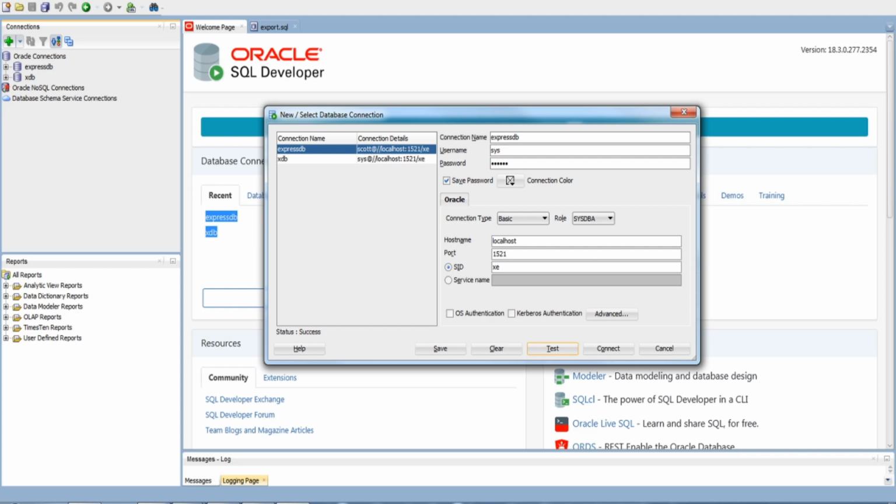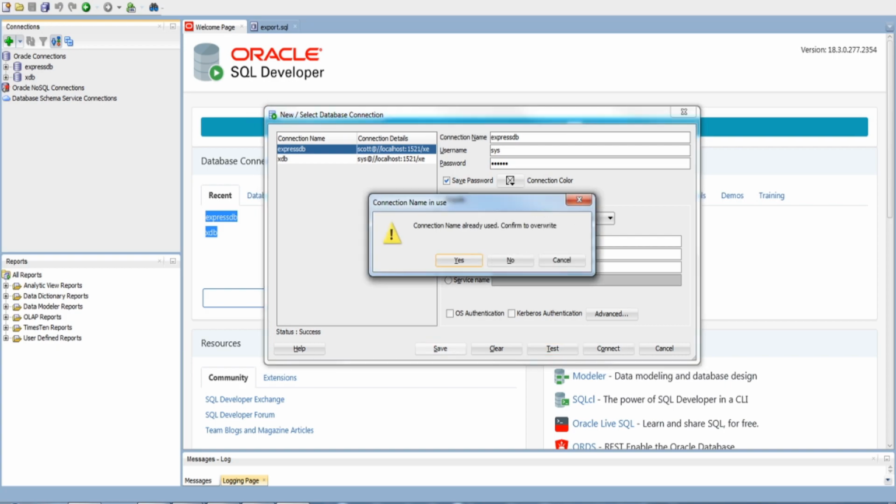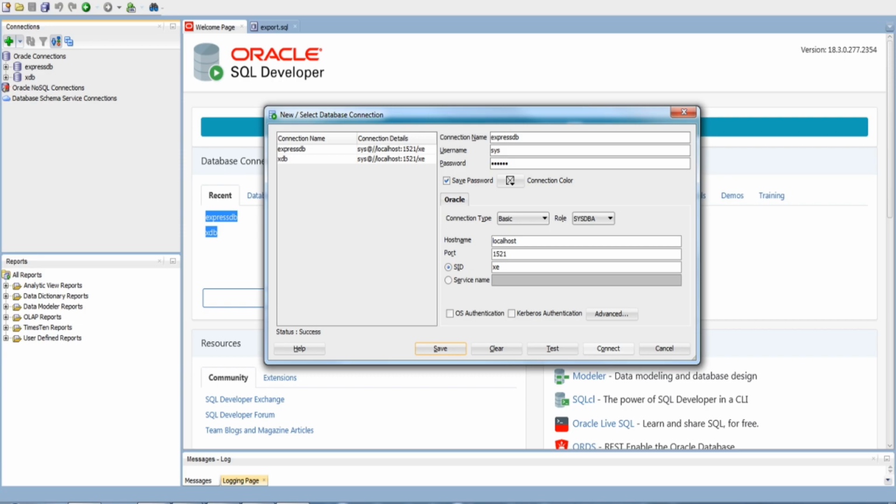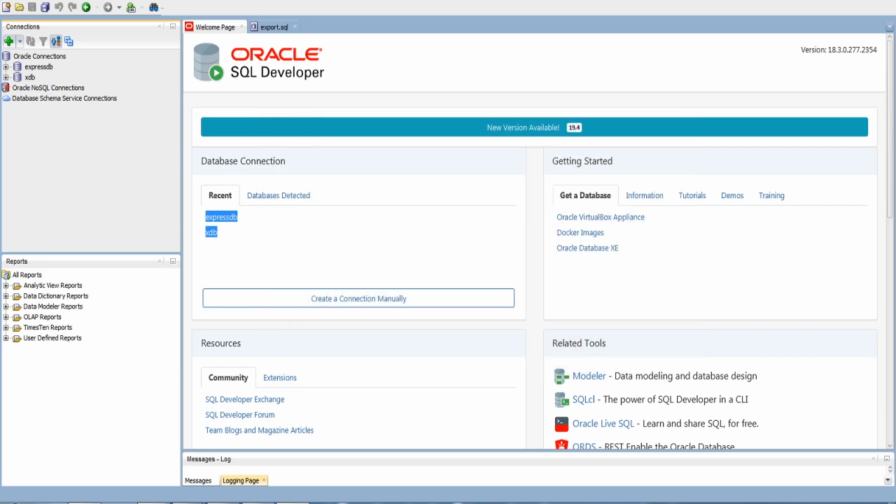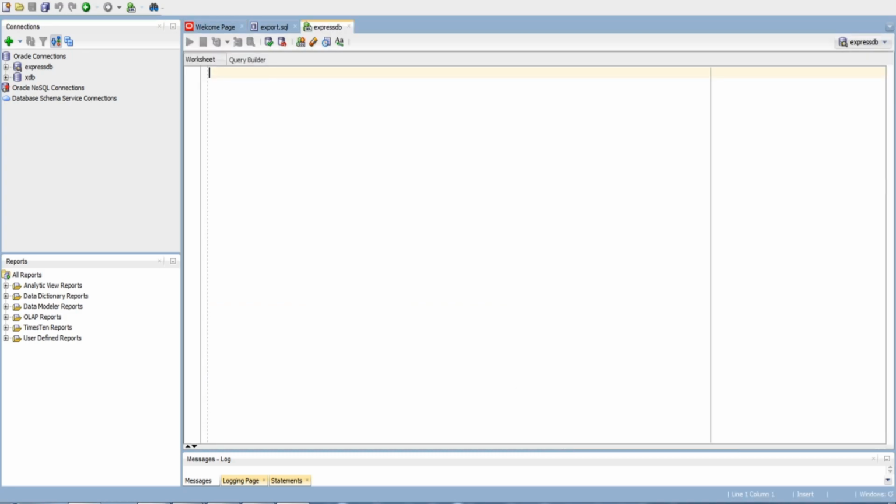You want to create one more? You can create. Save it. Yes. Connect. This is your worksheet.